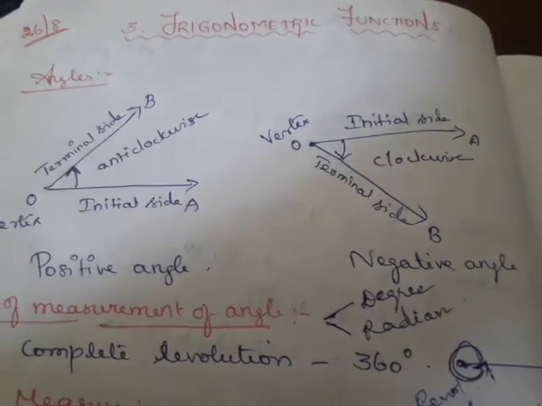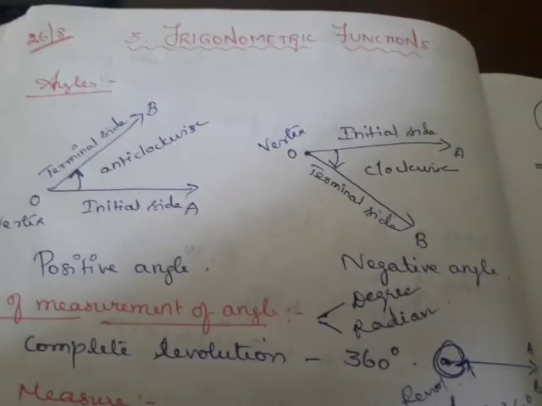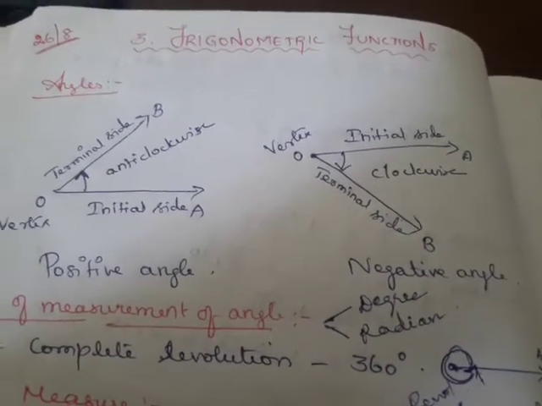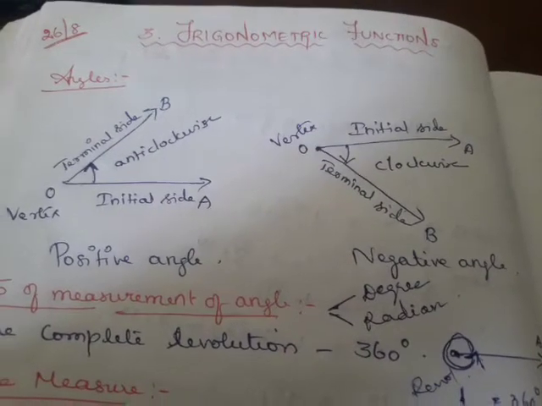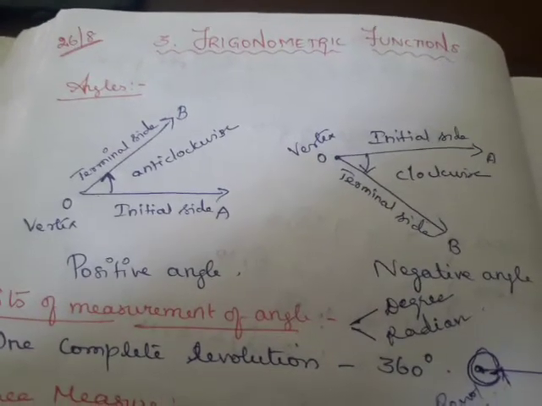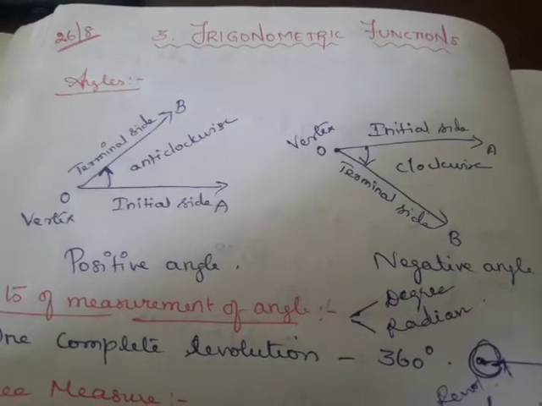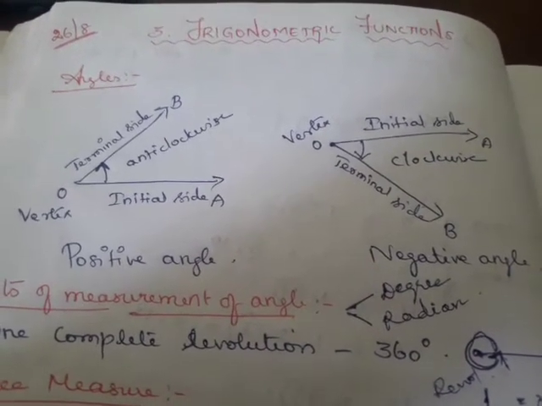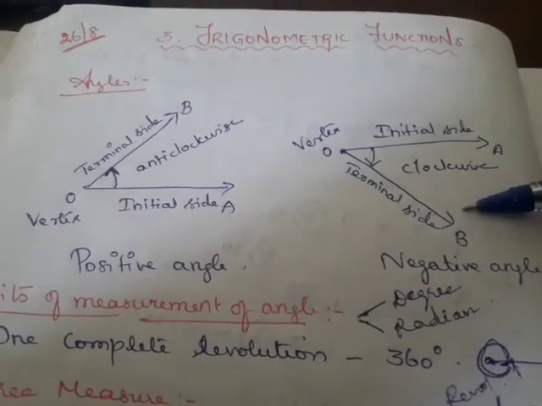Hello students, so today let us continue the chapter trigonometric functions. Before we get into today's class, let me recall what we learnt in the previous class. We didn't learn much in the previous class, only a few topics about radian and degree, right? We learnt about angles, when it will become a positive angle and when it will be a negative angle.